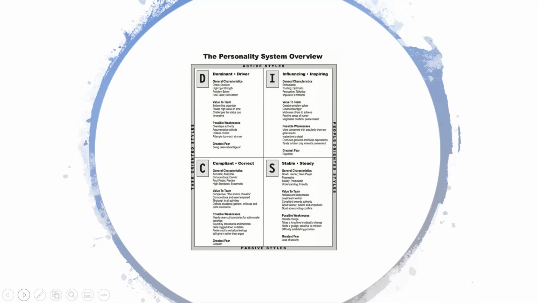C, compliant and correct. General characteristics: they tend to be accurate and analytical. They tend to be conscientious and careful. They tend to be fact-finders. They tend to be precise. They tend to have high standards. They tend to be systematic. The value they bring to the team,